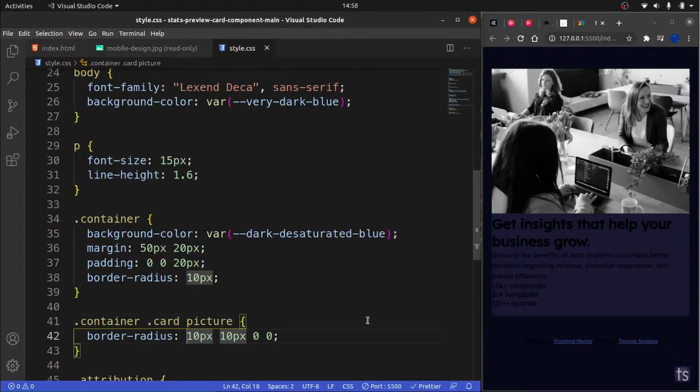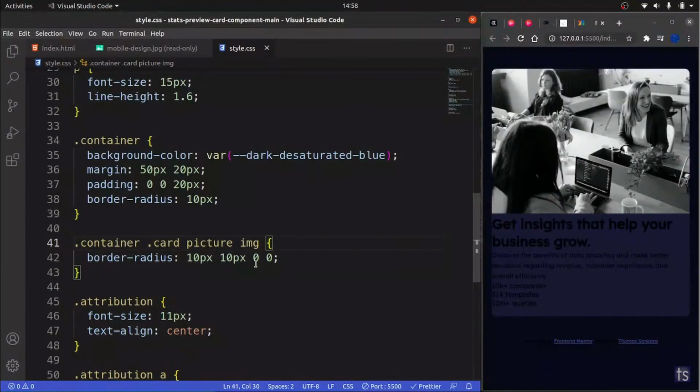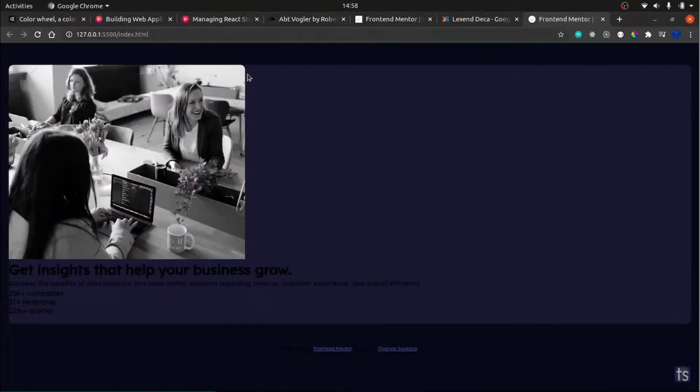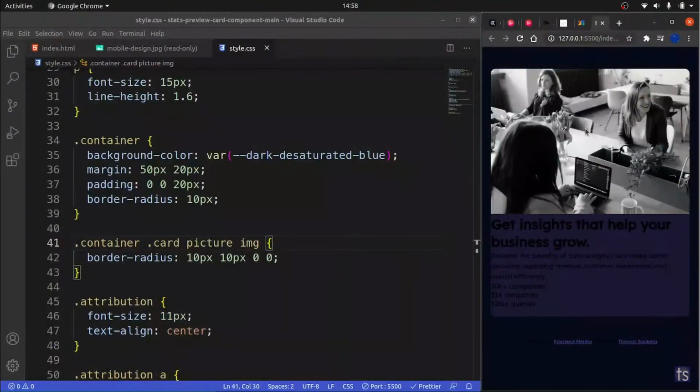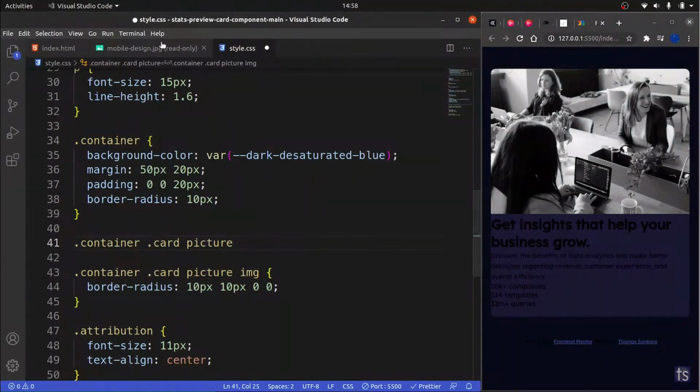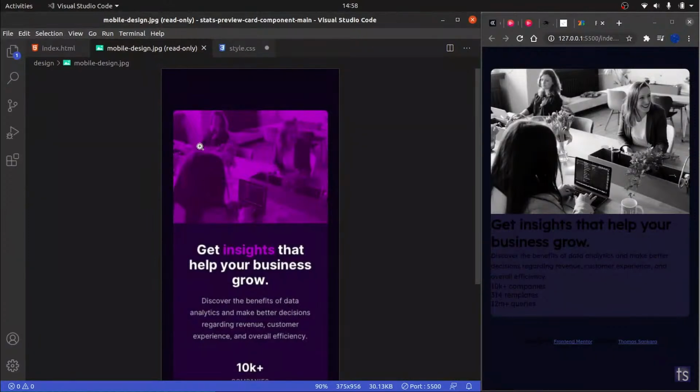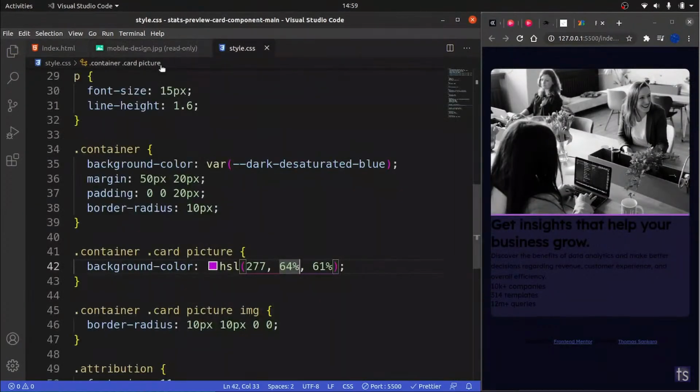Let me see if I target the image inside here. If this works, then it works. If I increase it, then it also works. Let's see, what can we do? This should be fine. What I want to do is, I just noticed that this has a kind of overlay, right? So what we can do